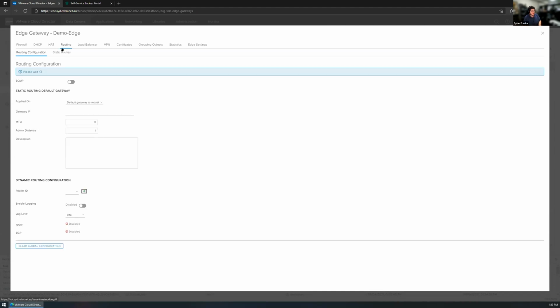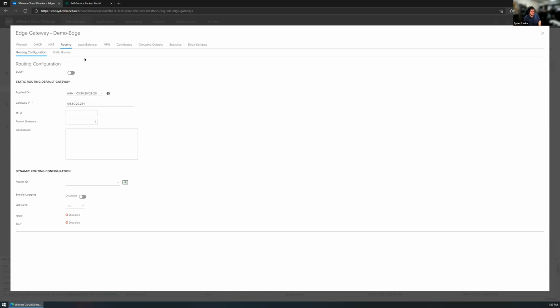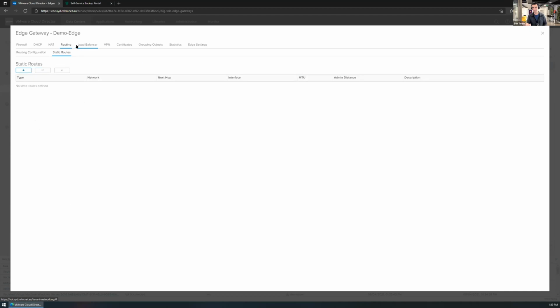So it can do some advanced routing like your BGP and OSPF and everything. Typically, we don't see too many people setting that up, but the option is there and is completely managed through here. An example of that is if you were to have an ExpressRoute, you might be doing the BGP configuration between this and the BGP session. Well, the session would be established to this edge router and, say, the Azure instance as an example.